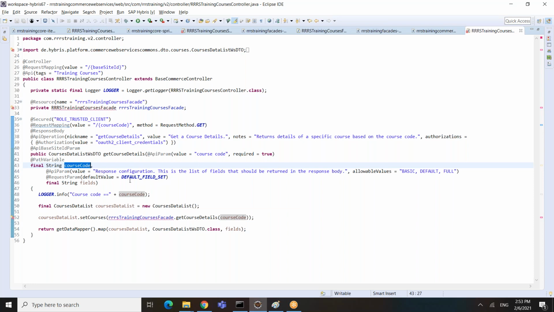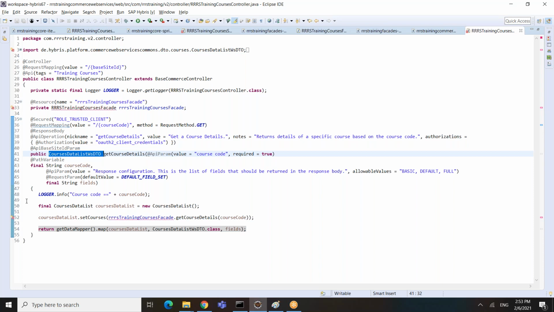One is the course code, another one is the scope of that object. Basically, what is the object here? Courses data list WSDTO is what this method is going to return. And for this object, what kind of information you want to return as part of it, you need to define a level of scope. We will see in a moment.